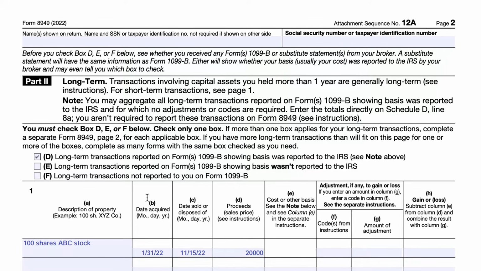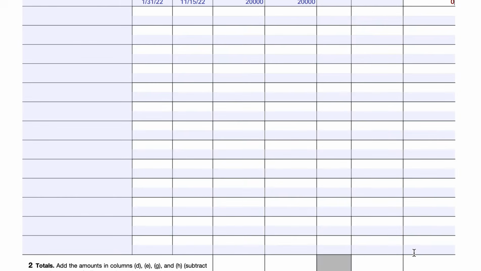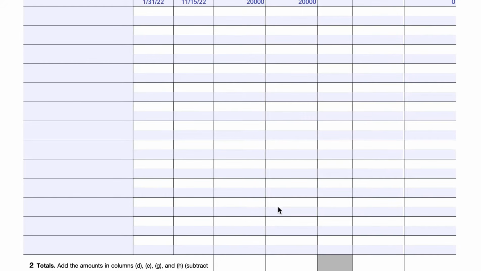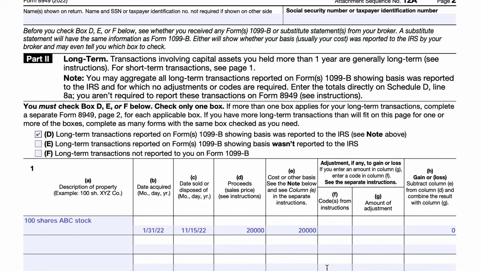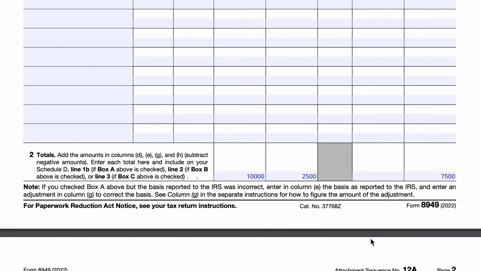You inherited it at basically $20,000. That's how much it was on the day that you inherited it back in January. It moved nowhere. There were no adjustments that you needed to make. So your gain or loss on this would be 0. For line 2, you would bring this number down. You total it up, and then